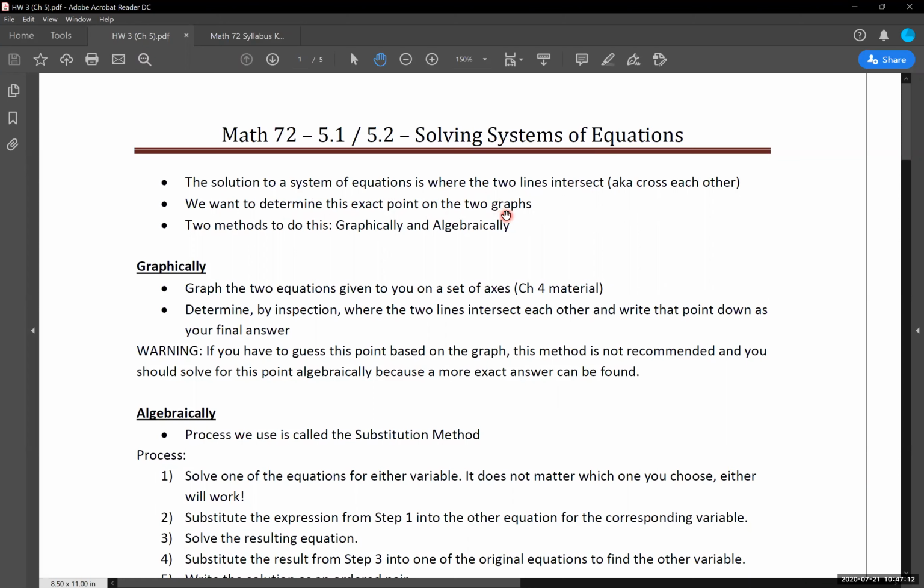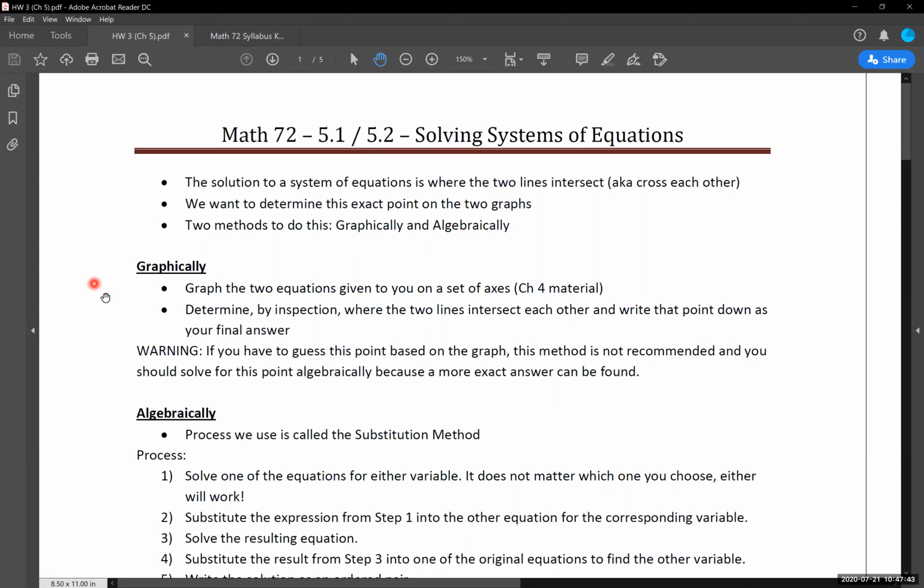As of now, what we're going to cover today, we're going to go through the two methods that we have to do this. There is a third, but that comes in 5.3. Our first method is graphically, that's using the 5.1 material, and algebraically, which is the 5.2 material. We're going to go through both of these methods, at least in their generalities, and then I'm going to show the algebraic method first in examples, and I'll show you guys graphically what that looks like afterwards.